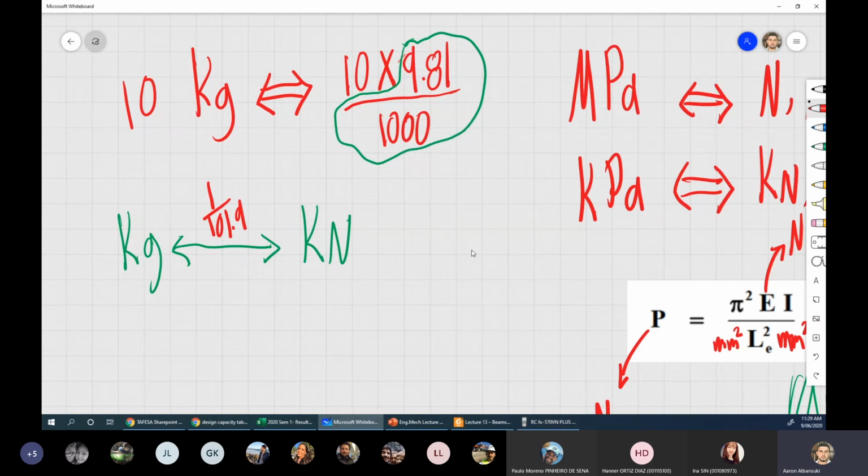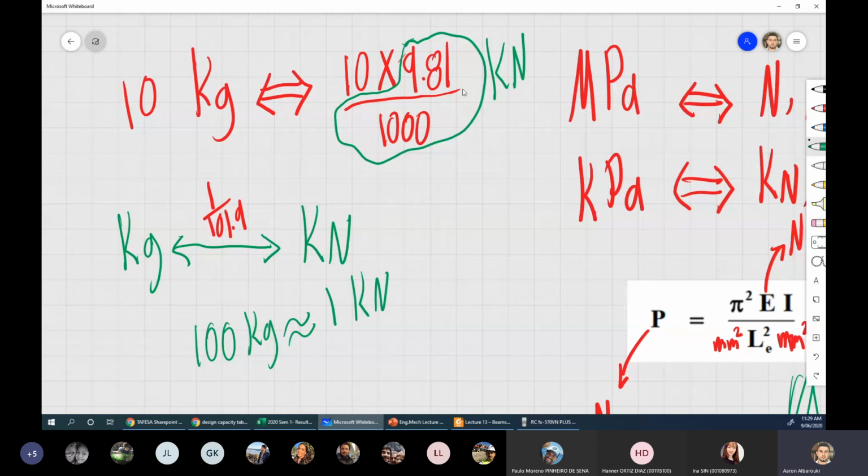Why do you need to memorize this 101.9? Each 100 kilograms is roughly 1 kilonewton. Okay? So that would be the answer here. Don't forget, the answer here would be in kilonewton if I need to change from kilograms to kilonewton. Think about it, roughly 100 kilograms roughly equals 1 kilonewton. When you start thinking that way, it will be easier for you down the track as engineers